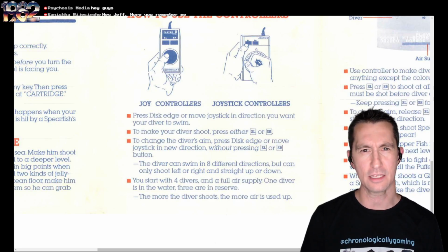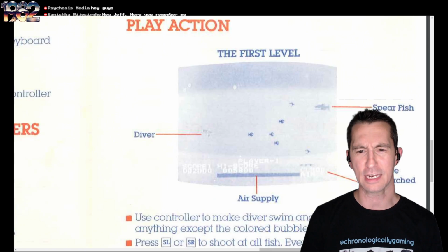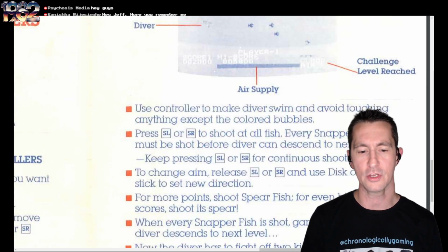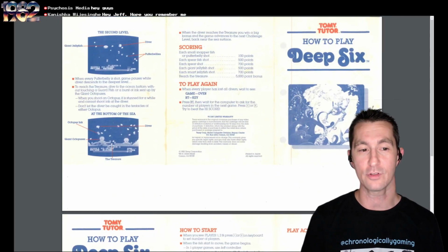And by air supply, I think that just means the timer for the game. And then over here on the play action side, it's going to explain what the first level is. It's got a really bad screenshot, but there's the spearfish, whatever level you're on, and you can't even tell what it is. You move the diver and swim around, and then you shoot all the fish. Snapperfish give you extra points, but if you shoot them all, then you move on to the next level, which is jellyfish. If you make it past the jellyfish level, then you make it...